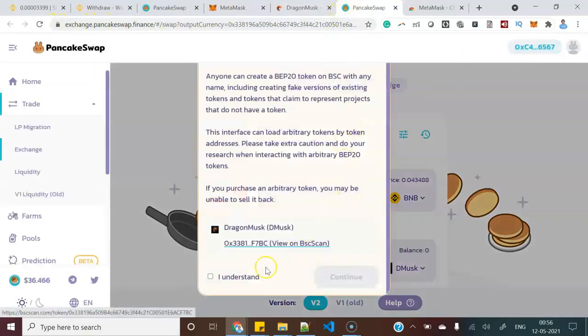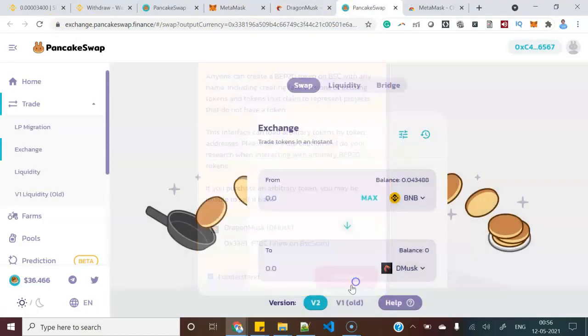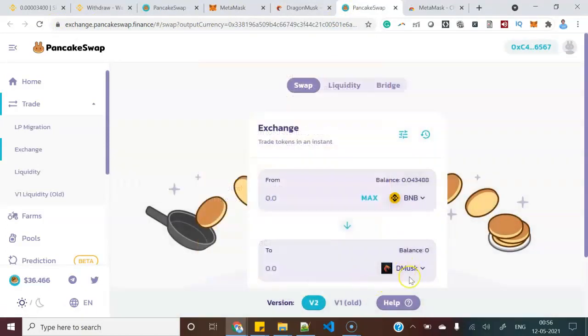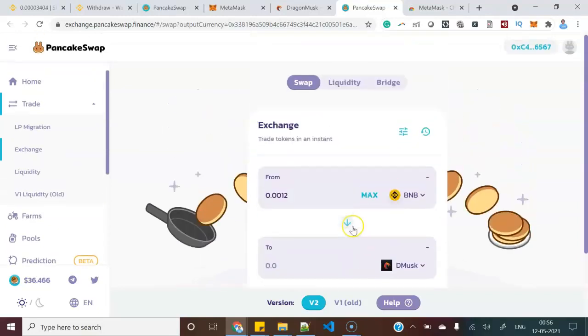So now, Dragon Marks. As I mentioned, you can see that particular cryptocurrency code came here. Now how much Binance do you want to spend in order to purchase the Dragon Marks? Let's say I want to spend 0.0012 Binance in order to purchase the Dragon Marks.